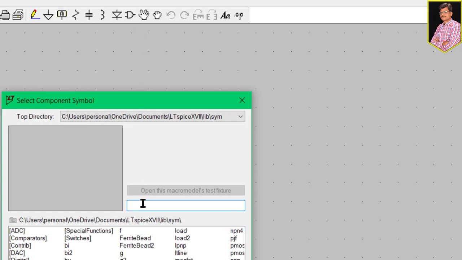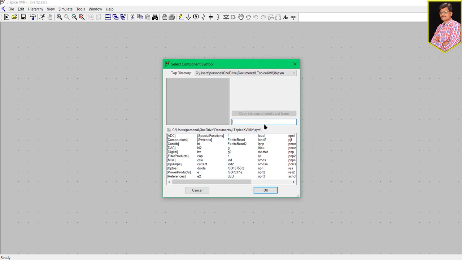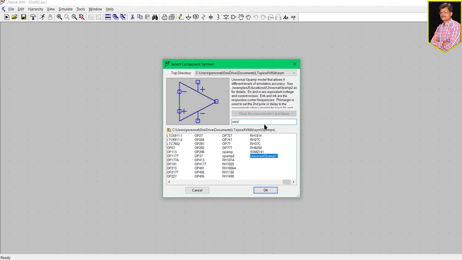There you have something like a gate symbol. Once you click on this one, you will get a dialog box where you will have all the components available. So I want to demonstrate today how to do the inverting op-amp experiment. Go to the dialog box and search for universal op-amp.